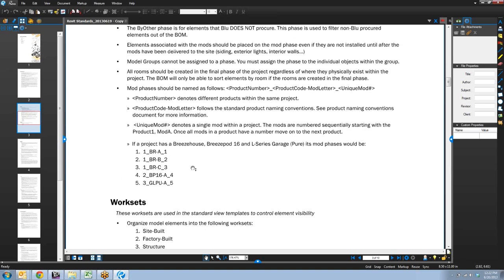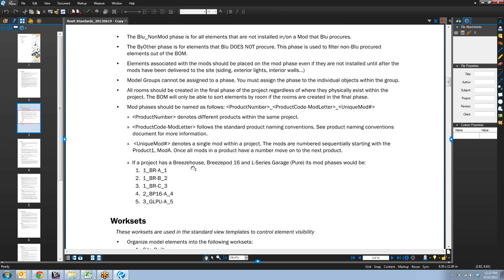So basically, procurement was asking for a way to easily, uniquely identify mods within a project. And because we're having more projects that have multiple products in them,